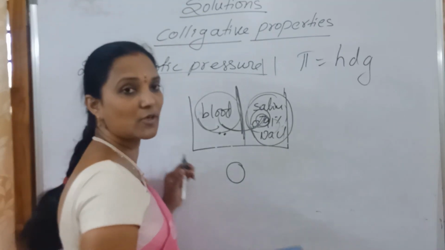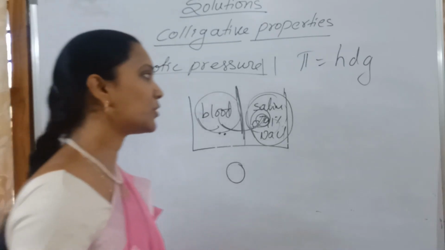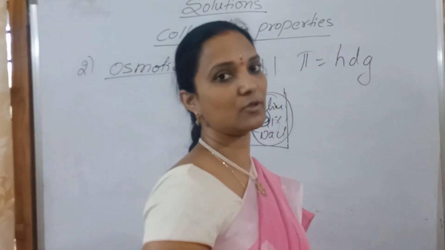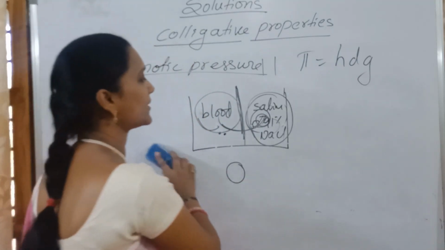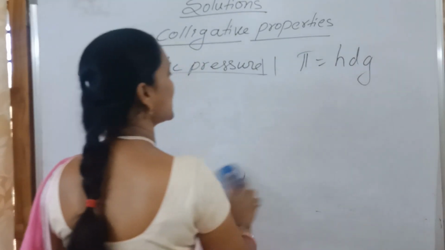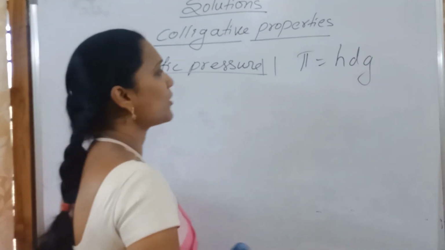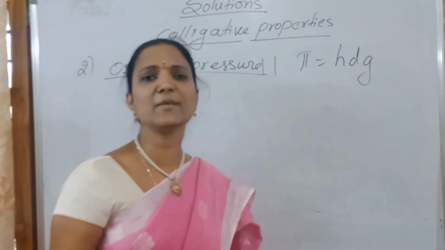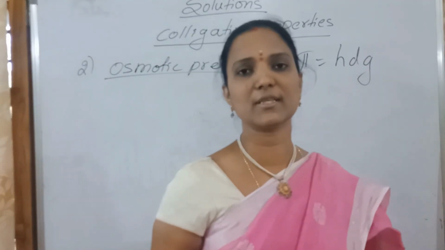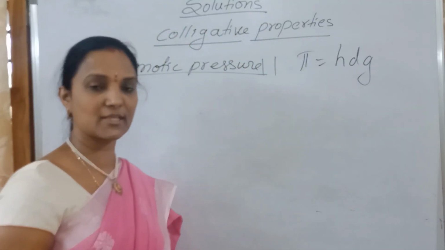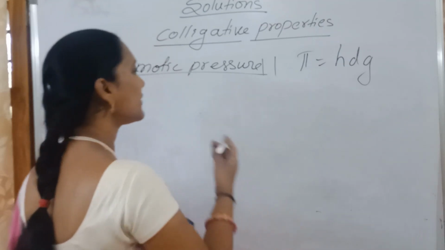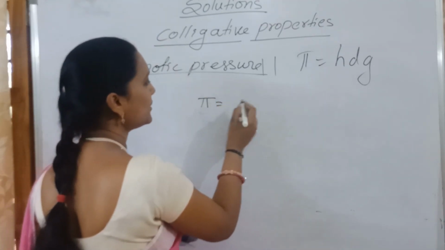So these are endosmosis, exosmosis, hypertonic solution, hypotonic solution, and isotonic solution. And what is the expression for that? Osmotic pressure. Now, this is a colligative property. What is the importance of this? Why should we learn osmotic pressure? Using this we can also find the gram molecular mass of an unknown solute. How to find it? Pi is equal to MRT.